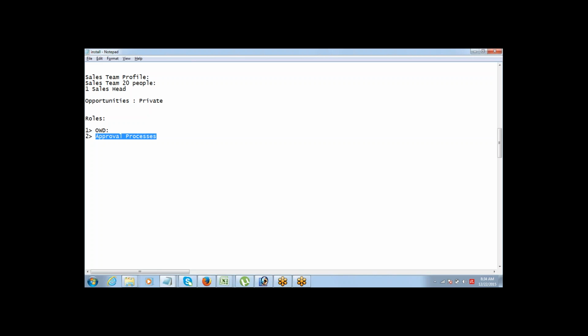While you do those things, at that time also you can use the role hierarchy, that is, who is going to approve for whom and who needs approval from whom. That can be done based on roles. Approvals is something we will discuss later. Now I just want you to understand the OWD concept, how we can use roles for our org-wide default.